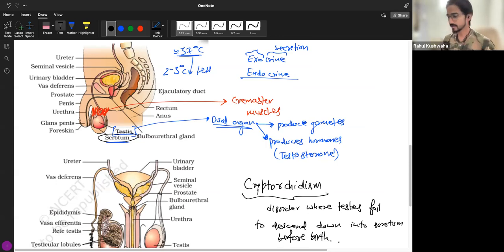That is another reason human testes have to descend, because if they stay in the body, the same problem will occur. The body temperature is high, and at that temperature, sperm formation declines. It's not that there is no sperm formation, but very few sperms are formed, and very few sperms are as good as no sperms, because if a male has too few sperms, they all will be killed. Like we were discussing in the male tract, there is a very tough selection criteria, even tougher than NEET and JEE. So they all will just perish, right?